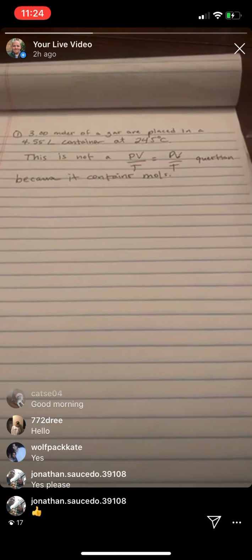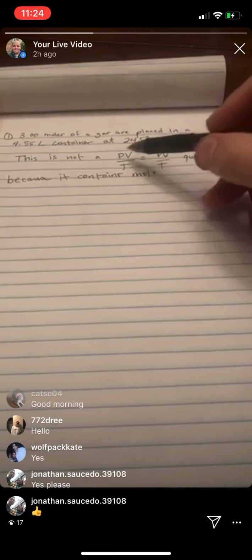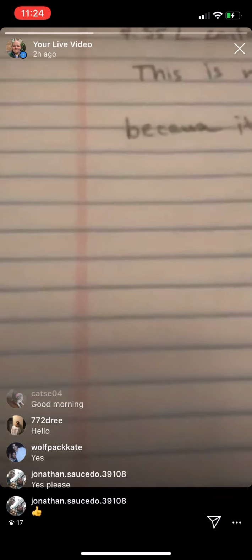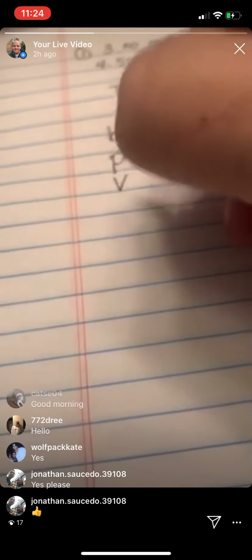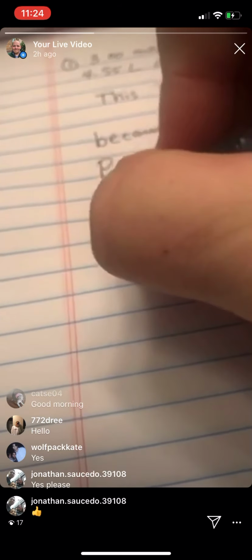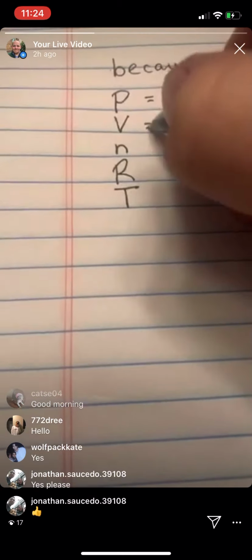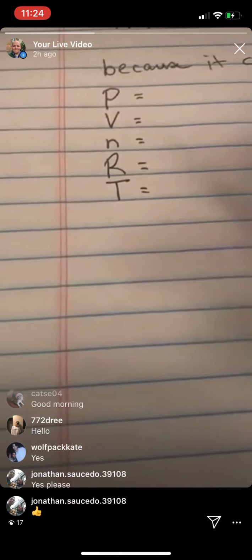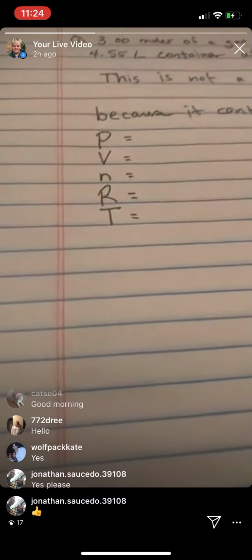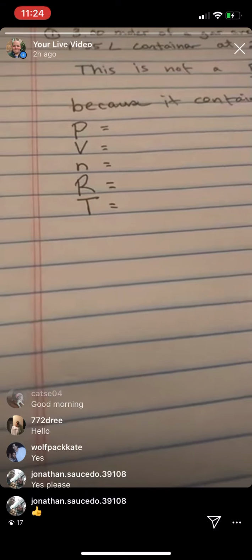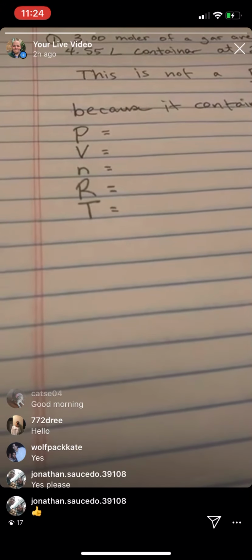All right, so what we do, since it has moles in it, we need to go ahead and write our variables out, right? So what are the variables we're using? We're going to use P, V, n, R, and T, okay? You will always write out your variables. We do this the exact same way that we just did the gas law stuff, right? Exact same way. You write these variables out, and then you write out the equation you're going to use. PV equals